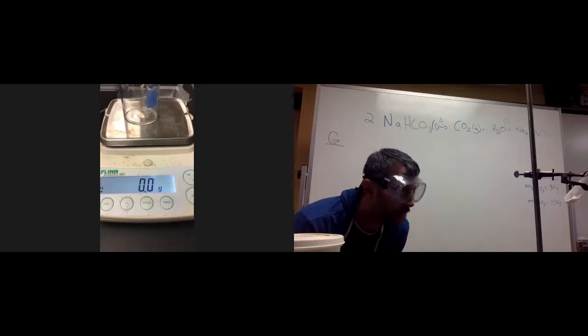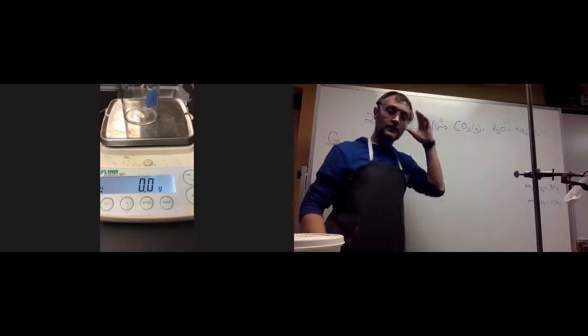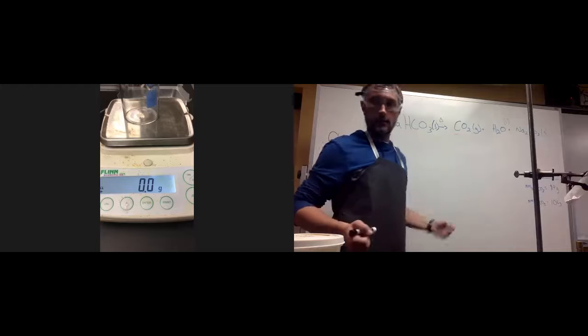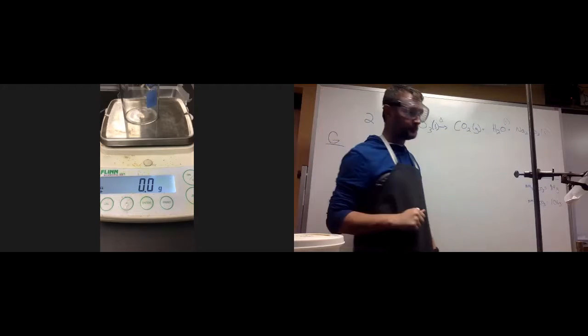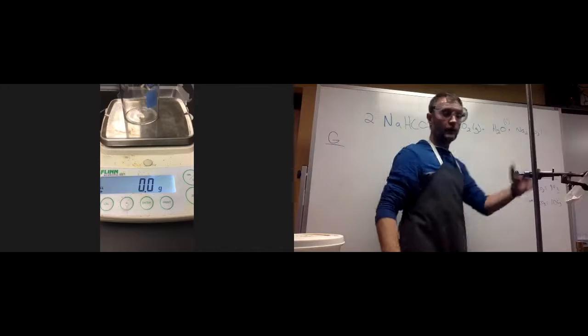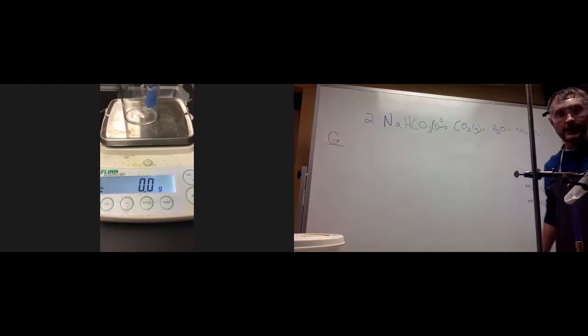I can see along the sides, there's definitely water vapor forming along the sides of the test tube. If I had some universal indicator, I could put it right here, and that would show me that there's some acid escaping. Carbon dioxide acts as an acid. So I've got some carbon dioxide gas coming out the tube. I've got some liquid water forming on the sides. And then what's left down here at the bottom of this test tube, once it's all reacted, should be Na2CO3